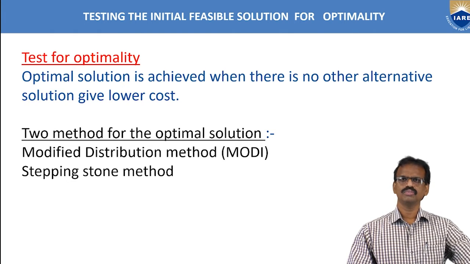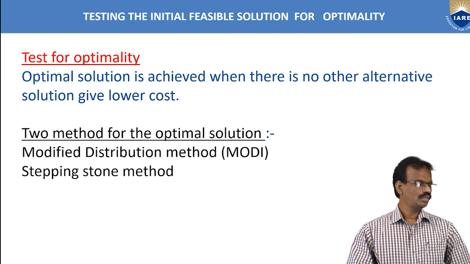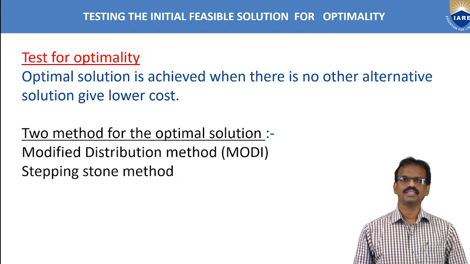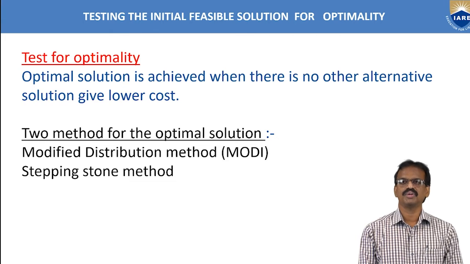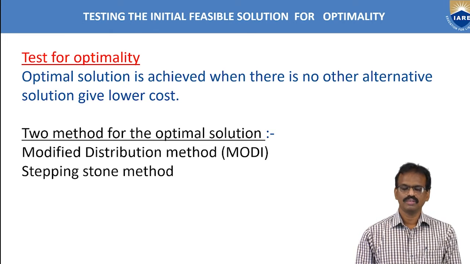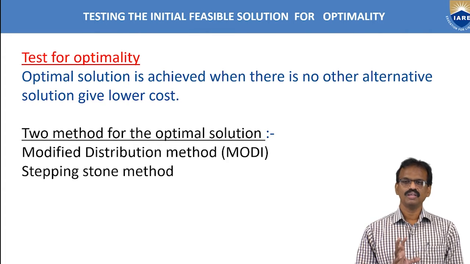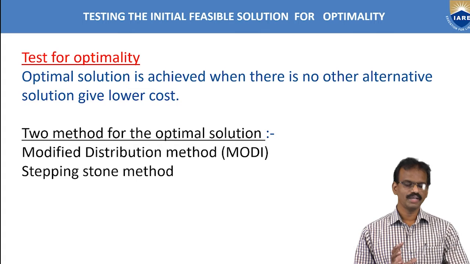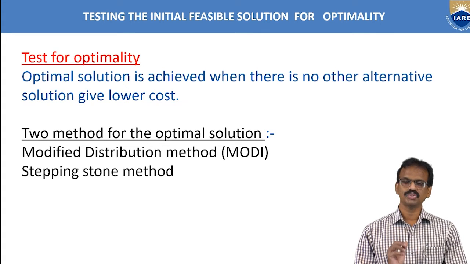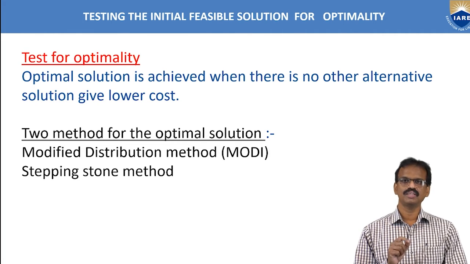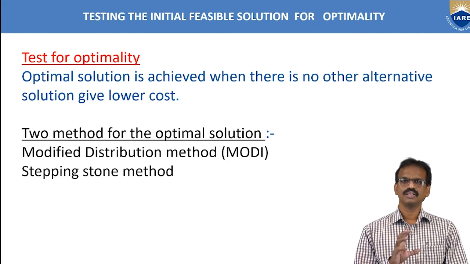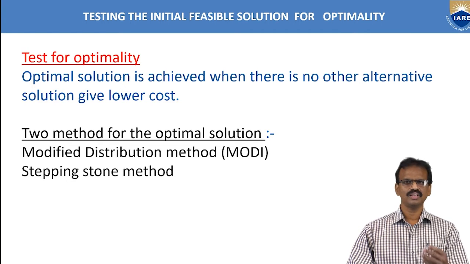Okay. So next we'll see the optimality. So the test for optimality. Okay. Already I explained that one. So I already told that one. The transportation model is carried out. Our transportation problem will be solved by two steps or two processes. The first step is finding the initial basic feasible solution. To find the initial basic feasible solution, there are three methods.